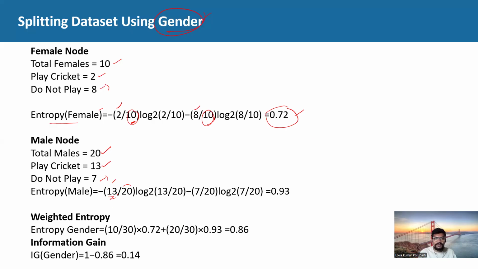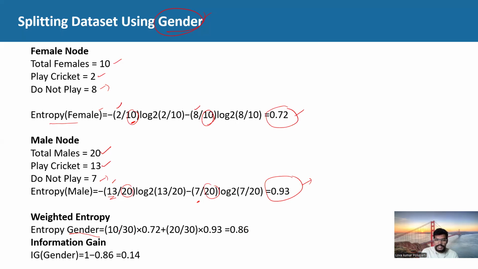So total students. The same thing here: in the other class, 7 are not playing. So in total, 20 students and 7 are not playing. That's the reason you will get the male node at 0.93 as the entropy. And if you want to find the complete gender entropy, what is the complete entropy